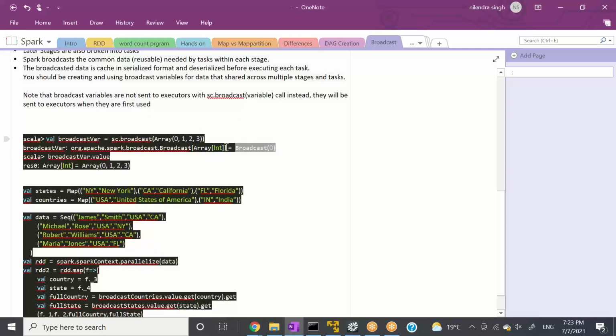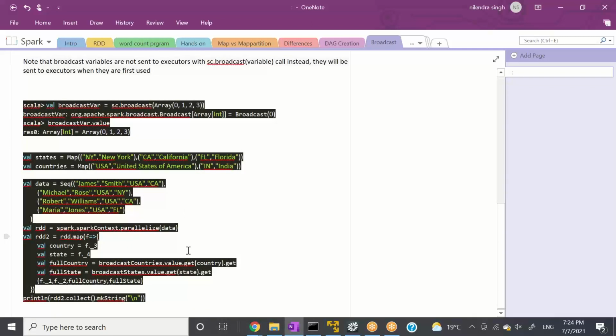It created a broadcast variable with the name broadcast var, and the type of this broadcast var is org.apache.spark.broadcast.Broadcast. Now, same as the accumulator, if we need to see the value of the broadcast variable, we can say broadcast.value. It will give us the whole value. So this is how it works at a very simple level.